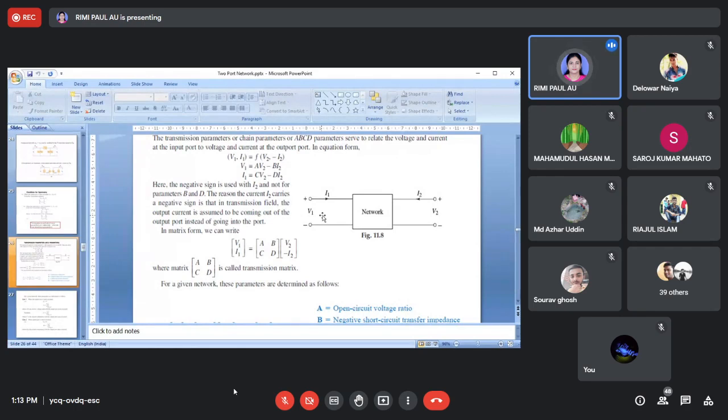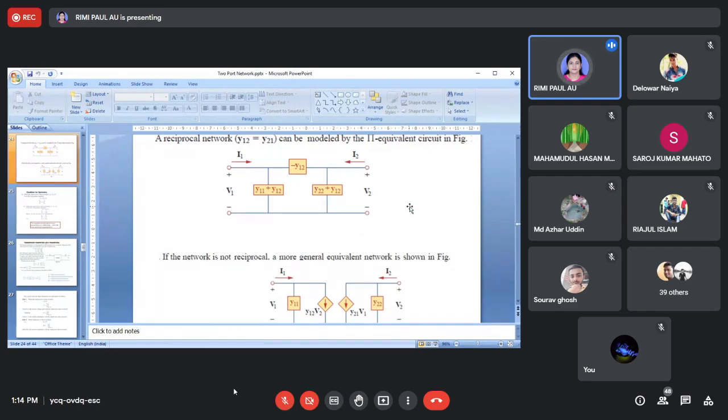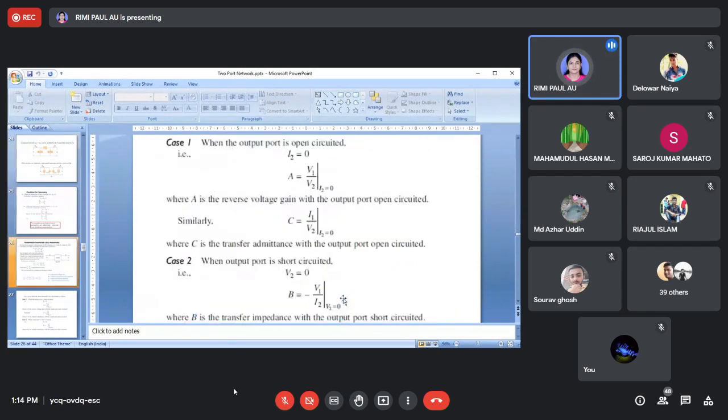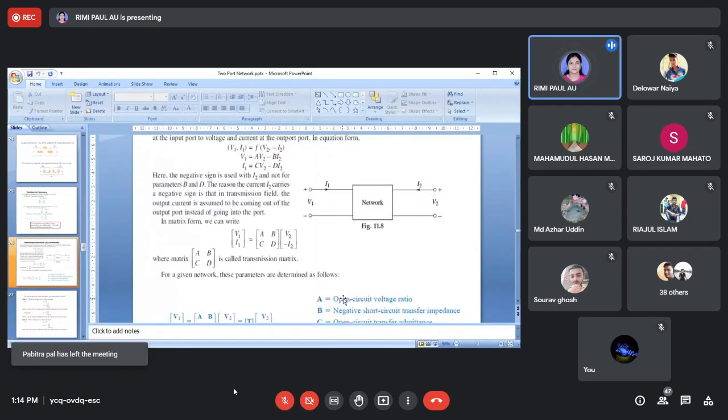So we can get another voltage and current, right? What we are seeing here is that in this network current enters the network, but in the transmission line parameter, current is going towards the load. So here we will take I2 as minus I2. So that's why you can see the input supply. So what did we say? A transmission line is connected to a substation at one end and to a load at the other. The substation is a source and we consumers are the load.